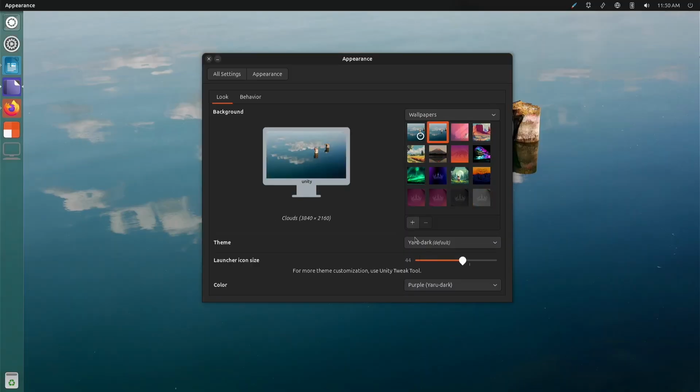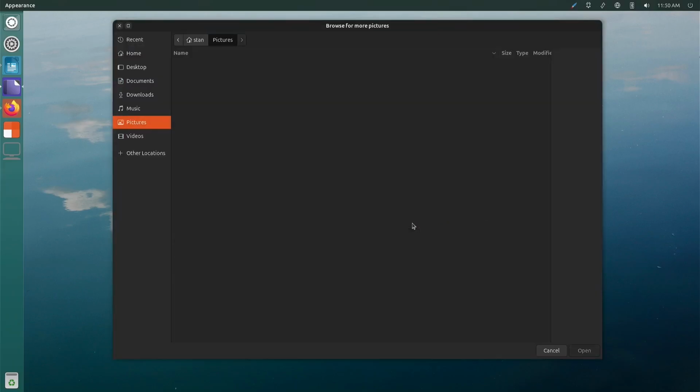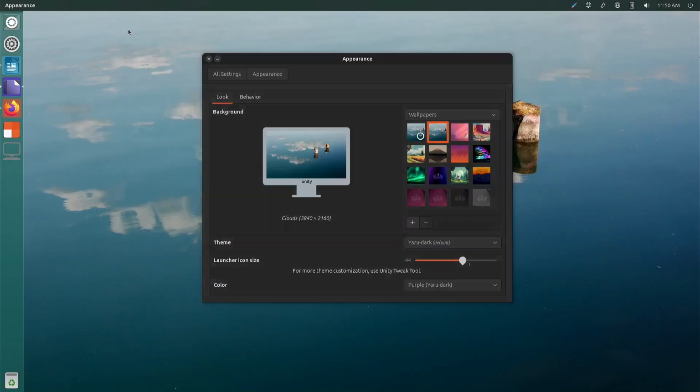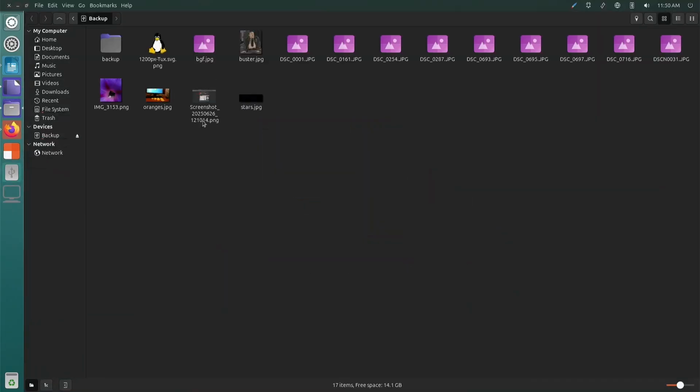And we can add wallpapers, I guess. Browse for more pictures. I don't have any more pictures, except on my thumb drive. I forget the USB ports on the front of this are upside down. Okay. Hey, there's my volume.